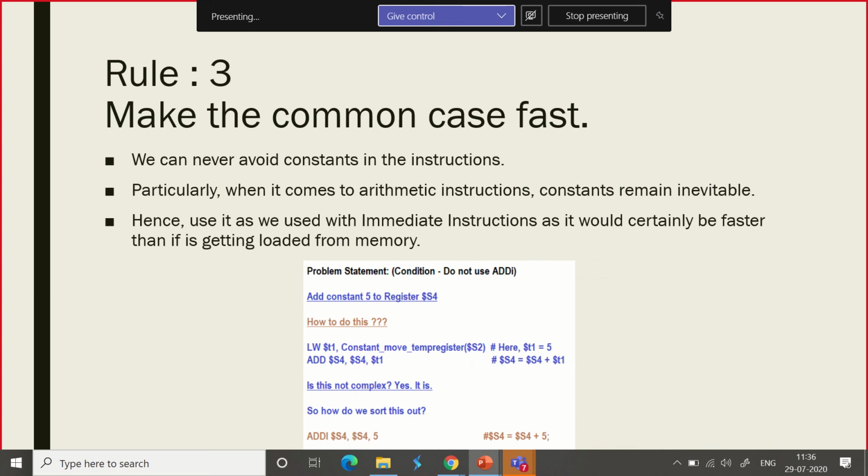Do not go with an additional usage of load word, as an additional line of instruction is going to be complex. The third MIPS design rule is make the common case fast. How do you make it faster? I can make it fast only through usage of add immediate, load immediate kind of stuff. Make the immediate usage more. That's what the third rule is all about.